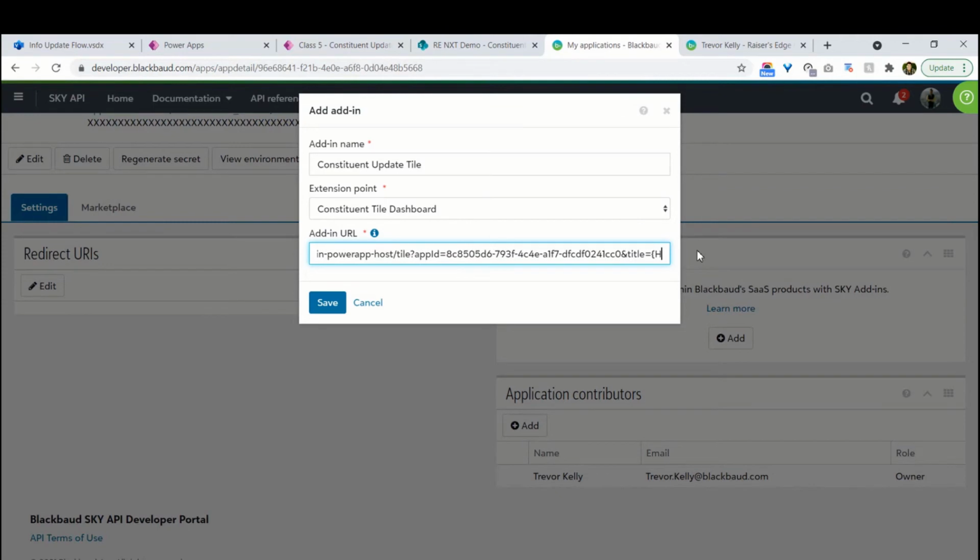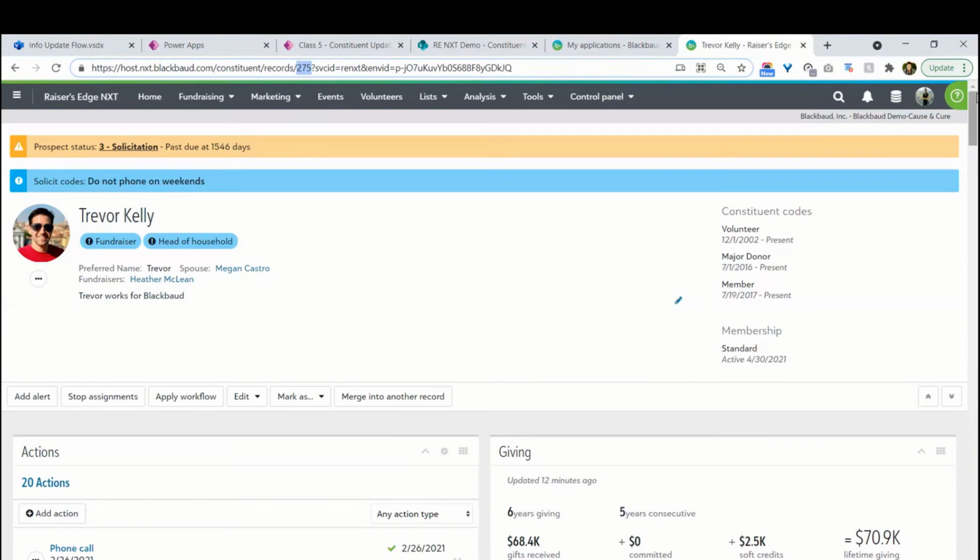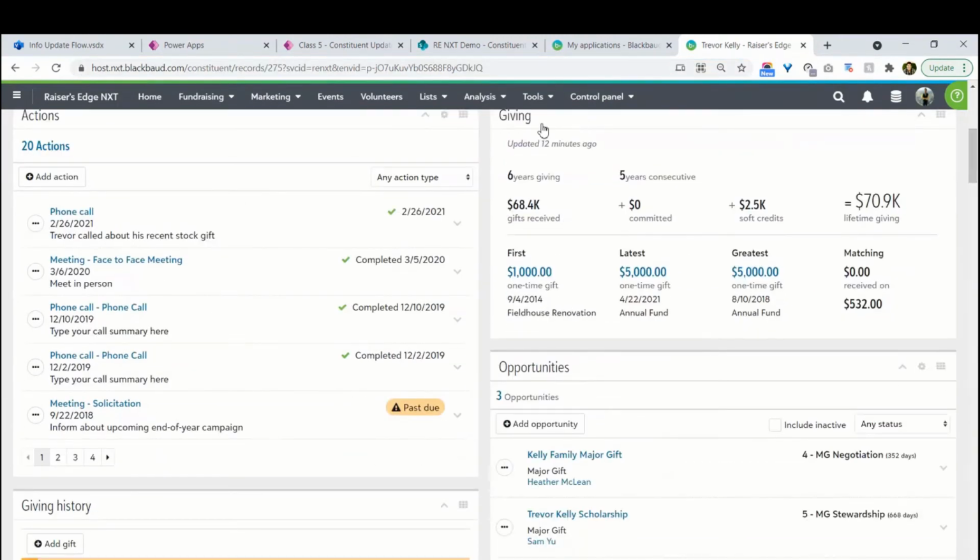And notice at the end, it's also giving me curly braces for the title. The title is what actually displays at the top of the tile. If I go into my record, notice that we've got a title for giving, a title for opportunities. What do you want your title to be for your Sky add-in? So I'm going to go back in here,